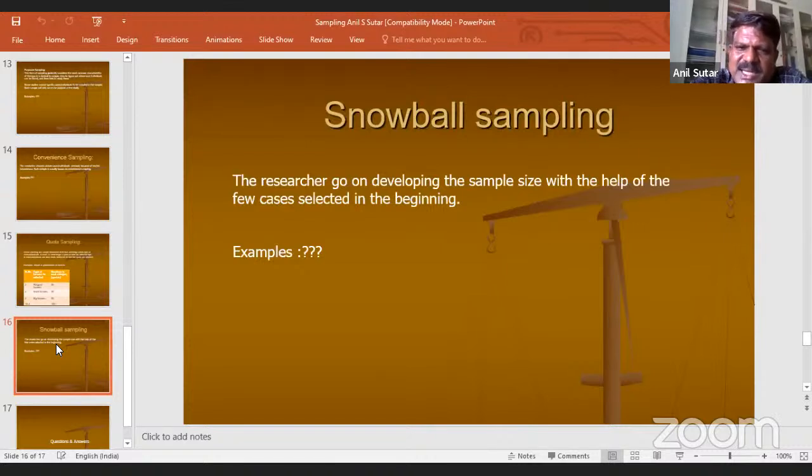snowball sampling. In case of snowball sampling also, and in most of the cases of qualitative sampling, it is very difficult to determine the sample size in advance.